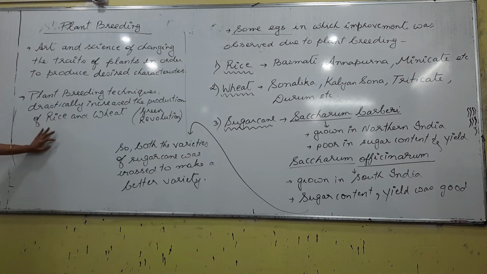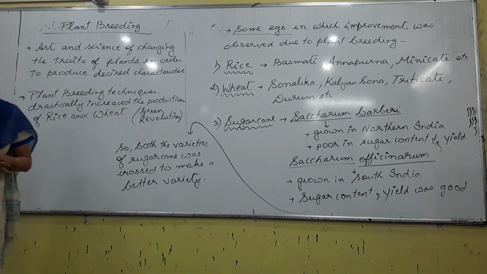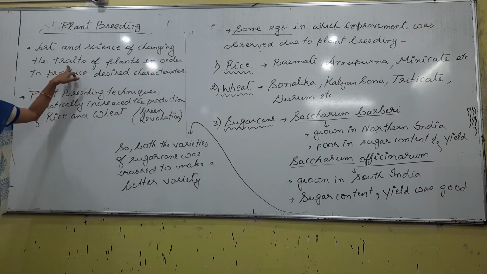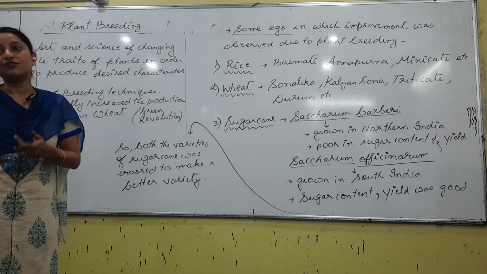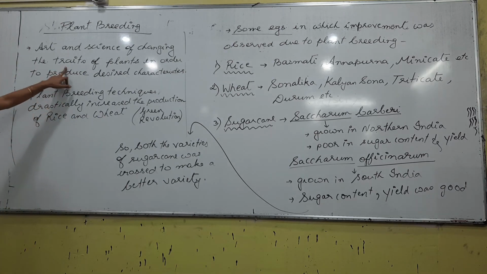Okay, so if you are talking about enhancement, we have to use certain techniques. The first technique that we are talking about is plant breeding. What is plant breeding? Making a cross between suitable parents is called cross breeding, and obtaining a desired character. What you do in the process is change the trait of a plant. When we talk about a trait, what do we understand? Something to do with the genes, something to do with the character of a plant, that is called a trait, no? So changing the trait to produce a desired character is called plant breeding, right?